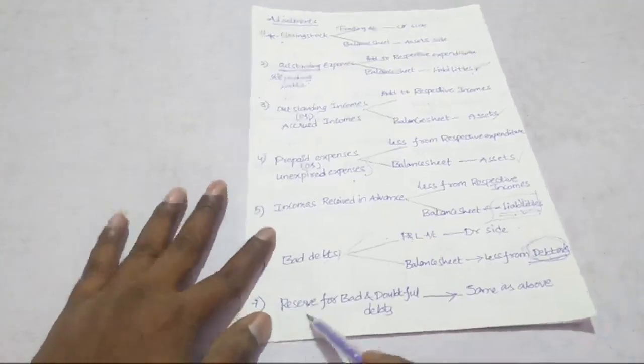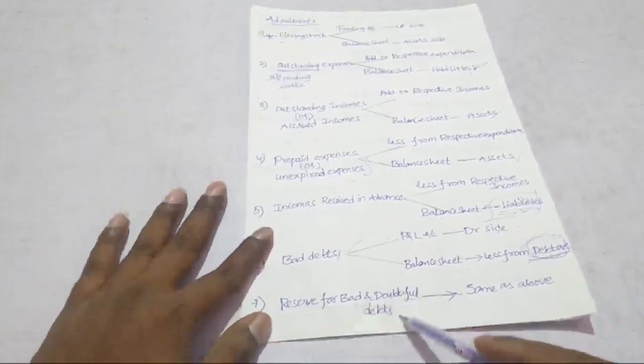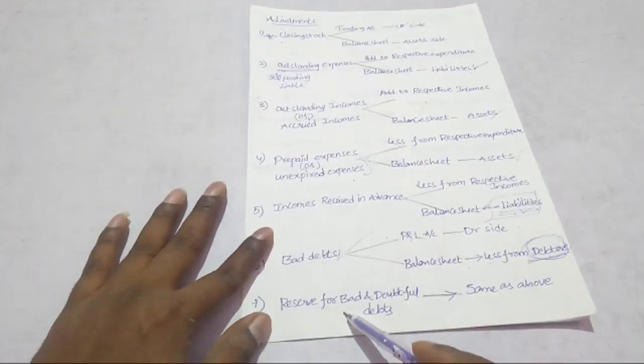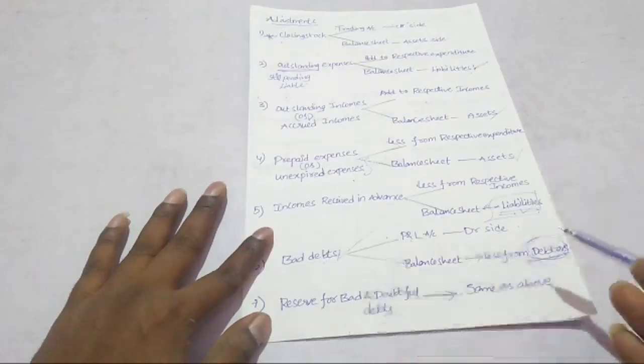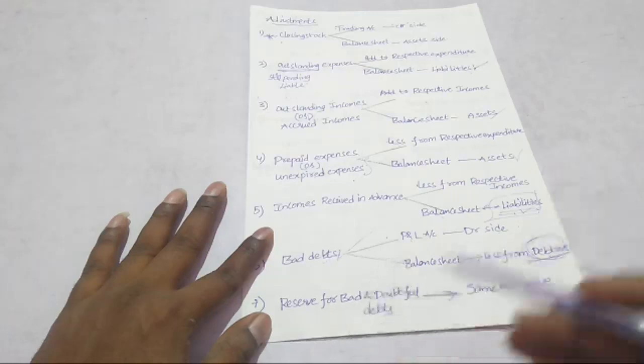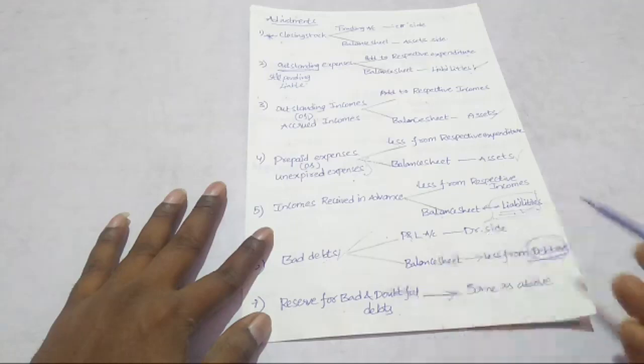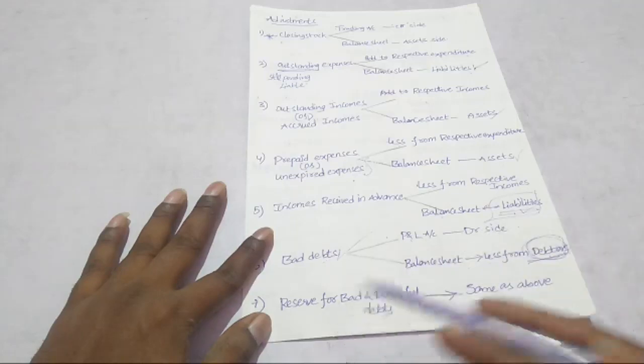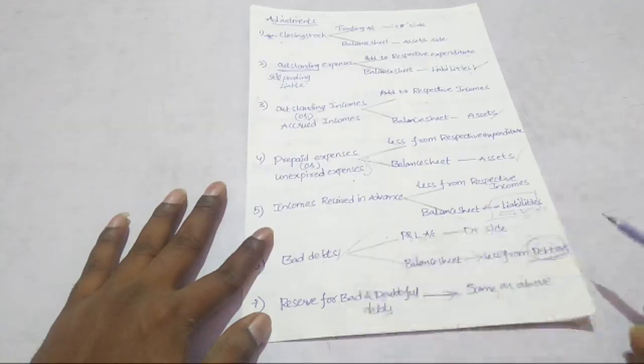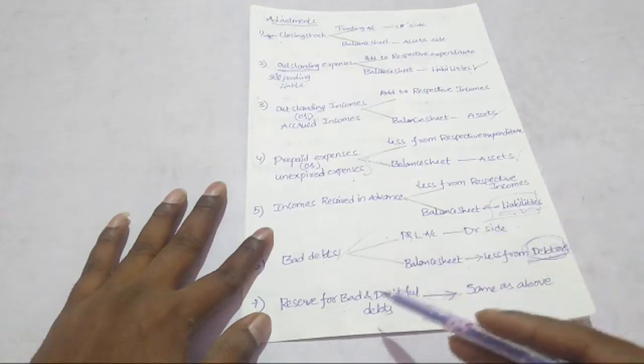And then reserve for bad and doubtful debts. It is an expected loss. We are keeping a reserve for future expected loss. Some more bad debts can occur in the future. So that is the reason why,